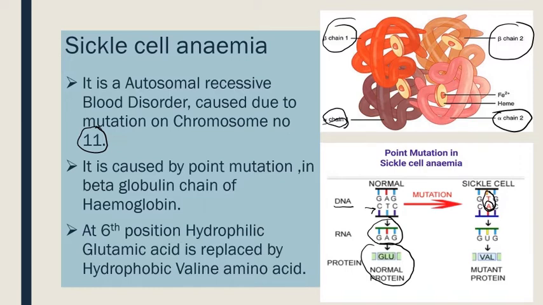So what happens if there is a change in the codogen? Of course the codon will change. Instead of GAG, what is the codon on mRNA? It will be GUG, and when GUG is the codon on mRNA, the protein formed is a little bit different, because at the 6th position of the beta chain, instead of glutamic acid, valine is added, and valine is a hydrophobic type of amino acid, so a different type of beta chain of hemoglobin is formed. Hemoglobin structure is not formed properly, and it leads to sickle cell anemia. So this is an example of point mutation.